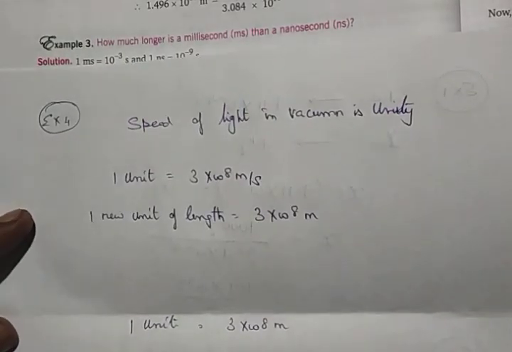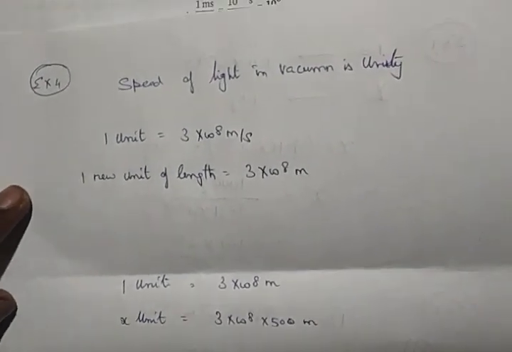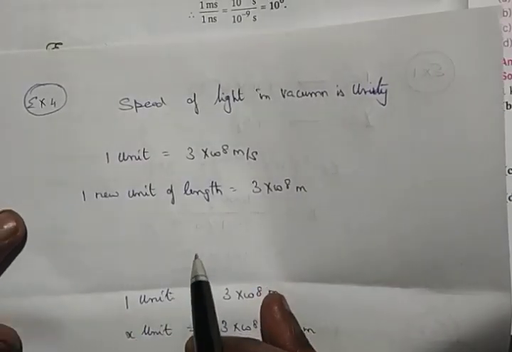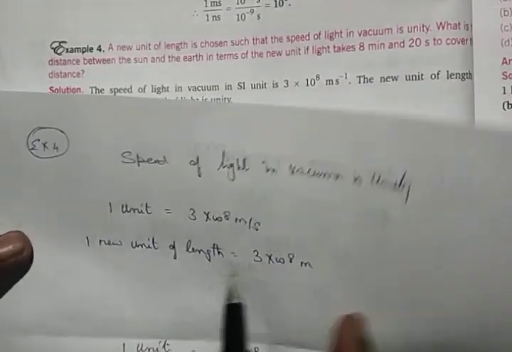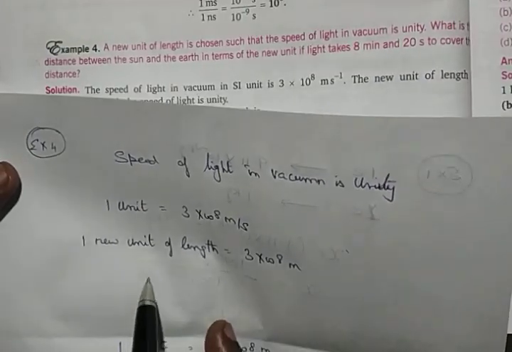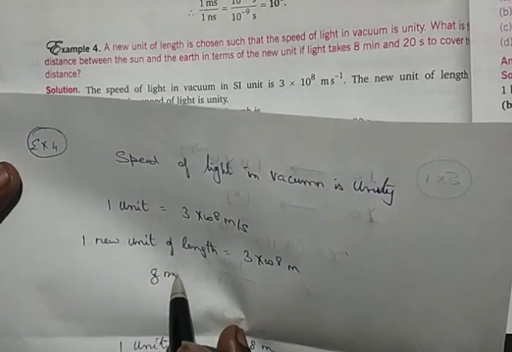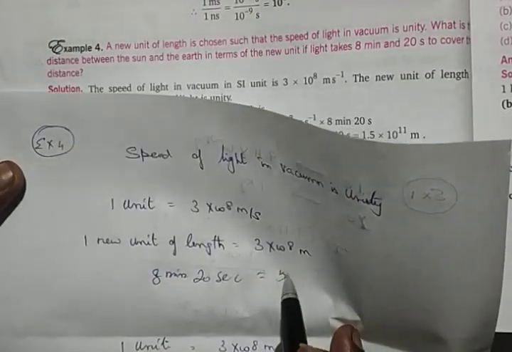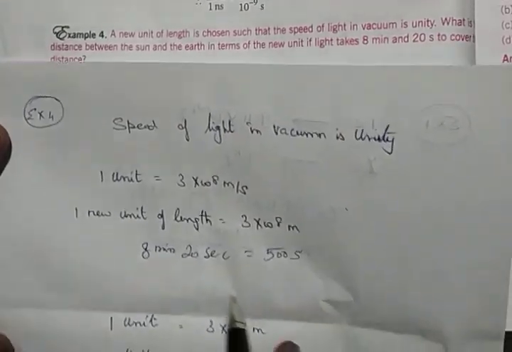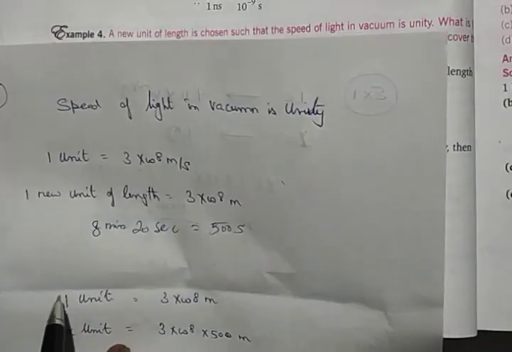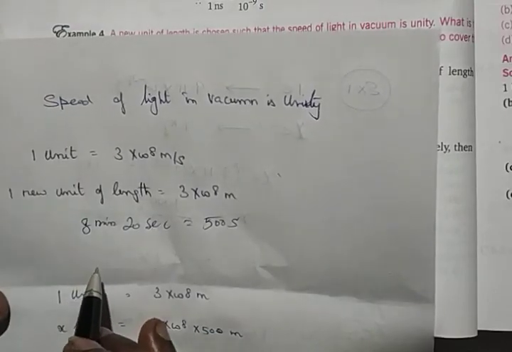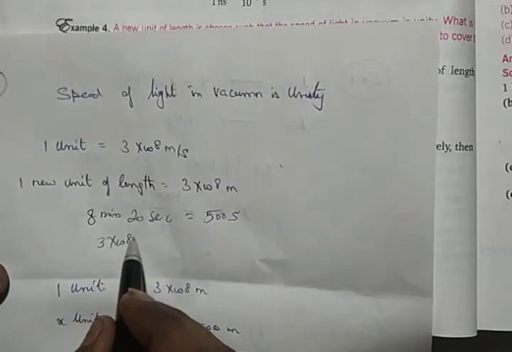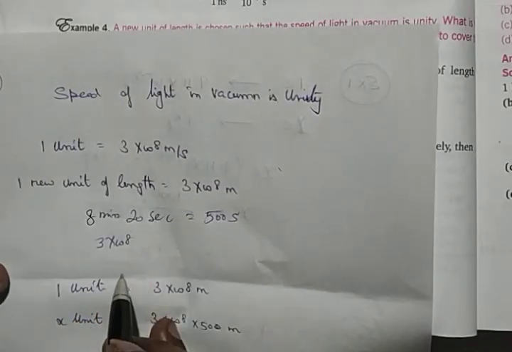Then they have already given the distance between earth and sun. The time taken by light to come to this place is going to be equal to 8 minutes 20 seconds, which is going to be equal to 500 seconds. So it takes 500 seconds for the sunlight to reach earth. Light travels 3 into 10 to the power of 8 meters in 1 second. So the total distance